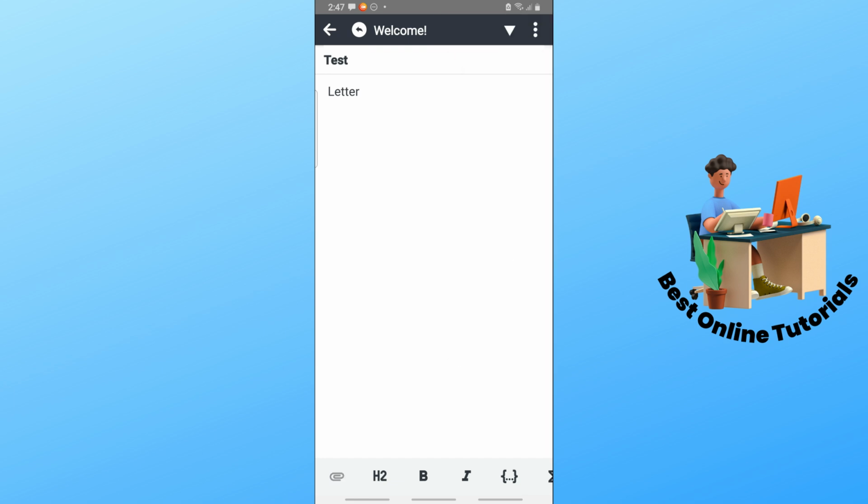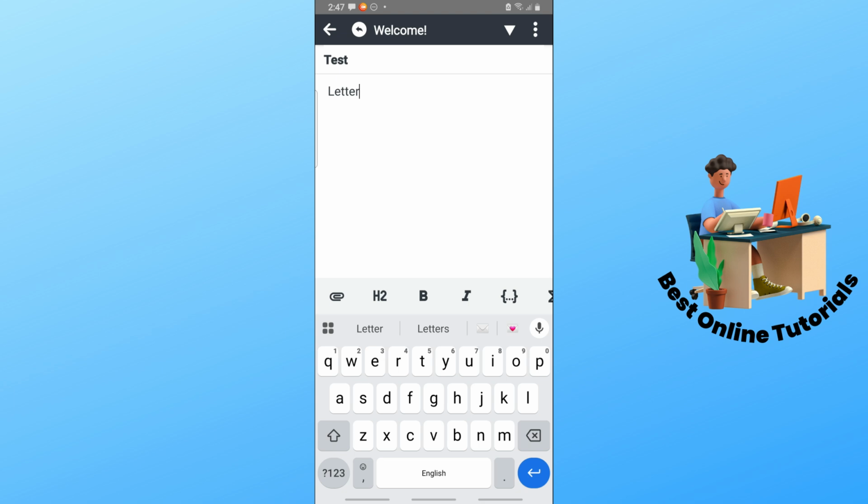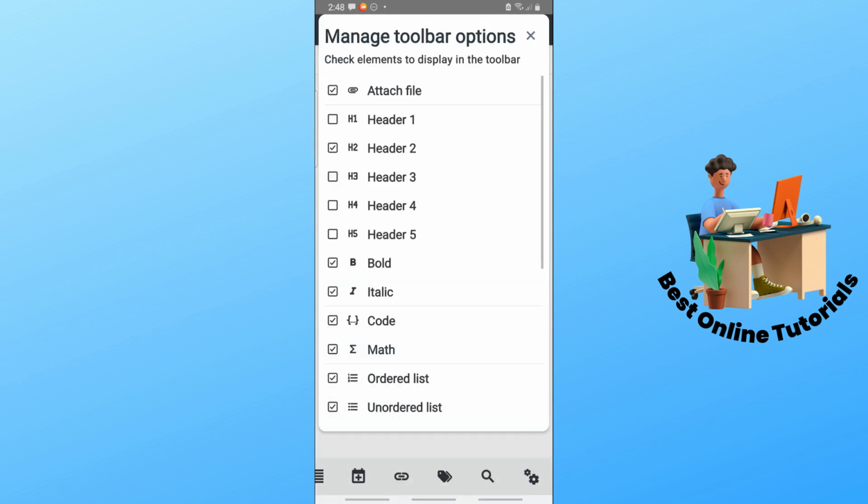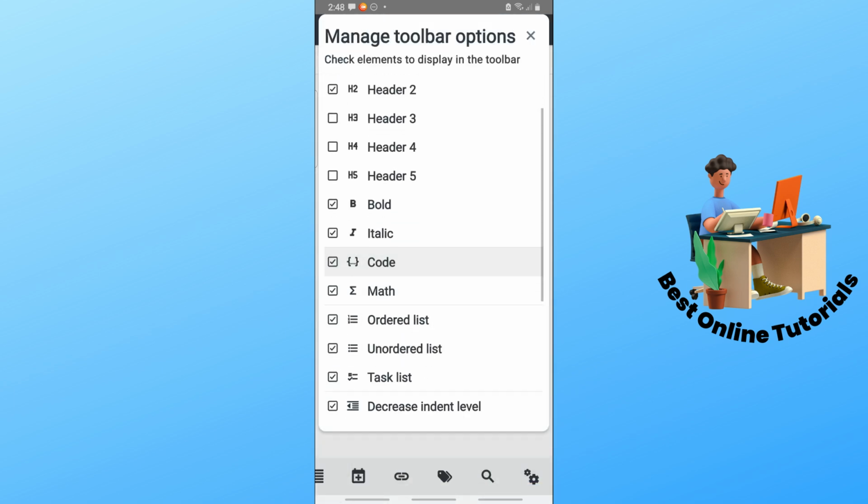and you could provide a link down below, and you could toggle on H2, or you could go for bold, and you could go for italic. And pretty much over here you will have multiple options like the bullet forms, the paragraph format, and the tags. And you could just simply go for the gear icon if you want to be more specific